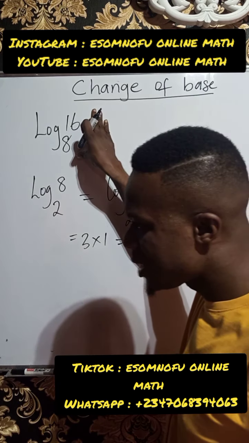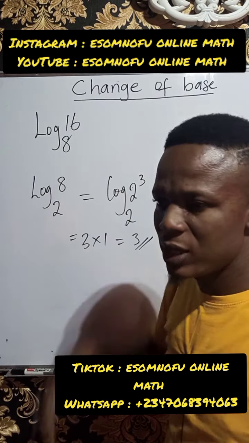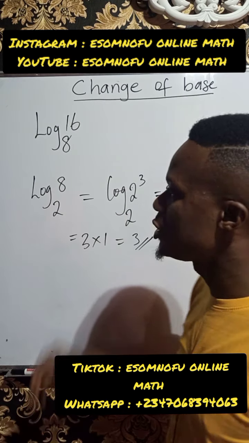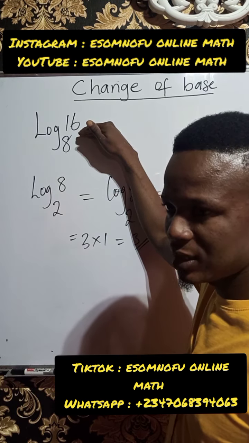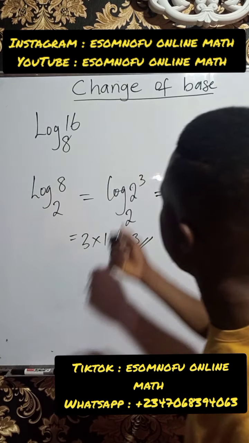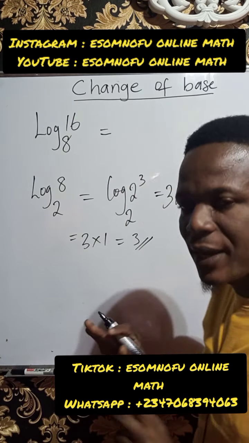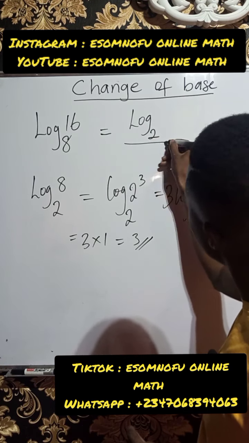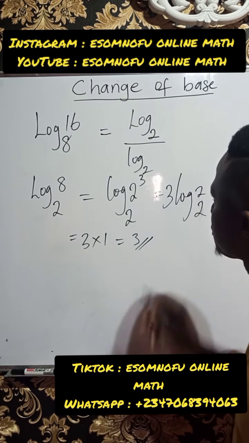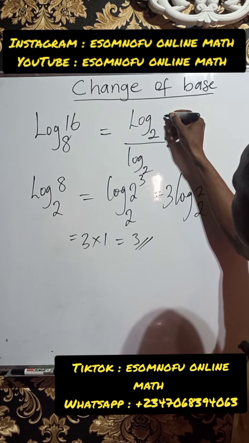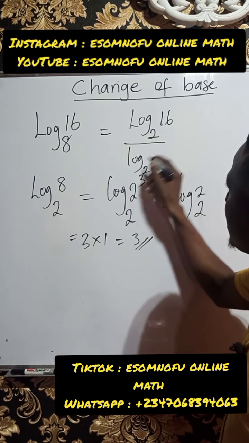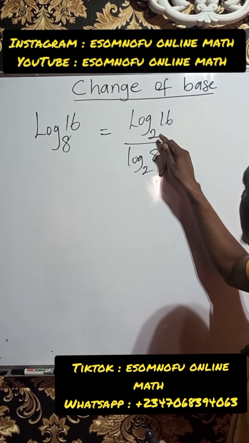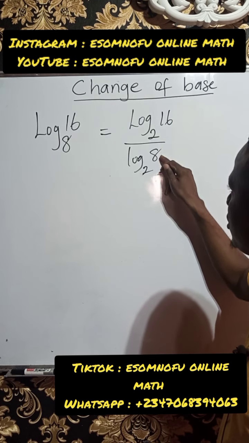But in this case, there is no way we can raise 8 to any power to get 16. So we are now going to change the base to 2, because I know that 2 is a factor of both 8 and 16, the smallest factor that will help us. Since we have decided that the base will be 2, look at what you do. Just write logarithm base 2 over logarithm base 2. The first number here is 16, write 16, while the second number is 8, then write 8. You can now see that I've carefully changed the bases to base 2. You can see it: log 16 base 2, log 8 base 2.